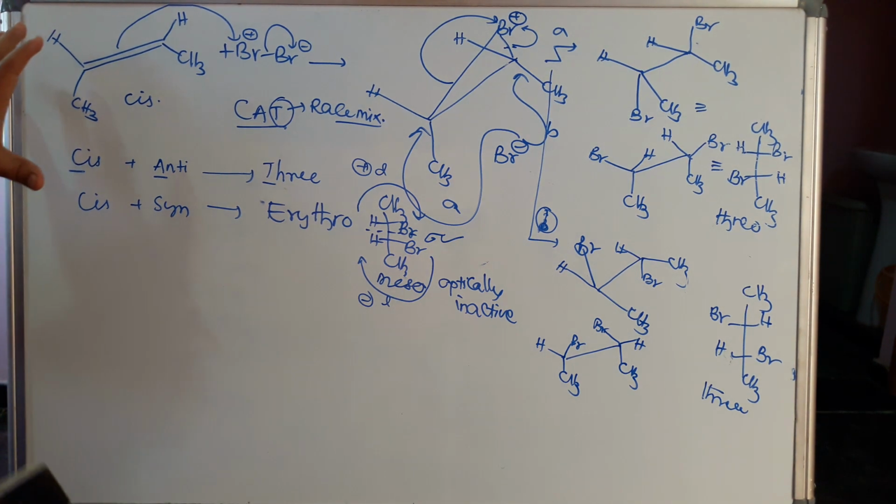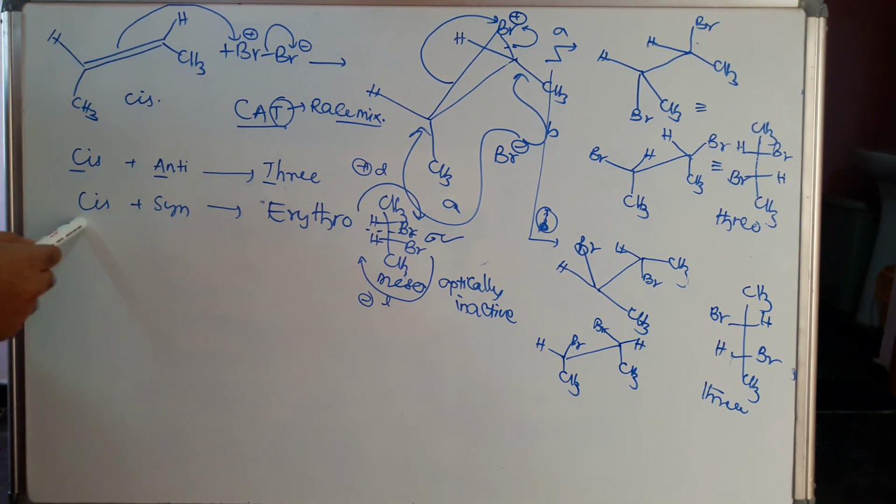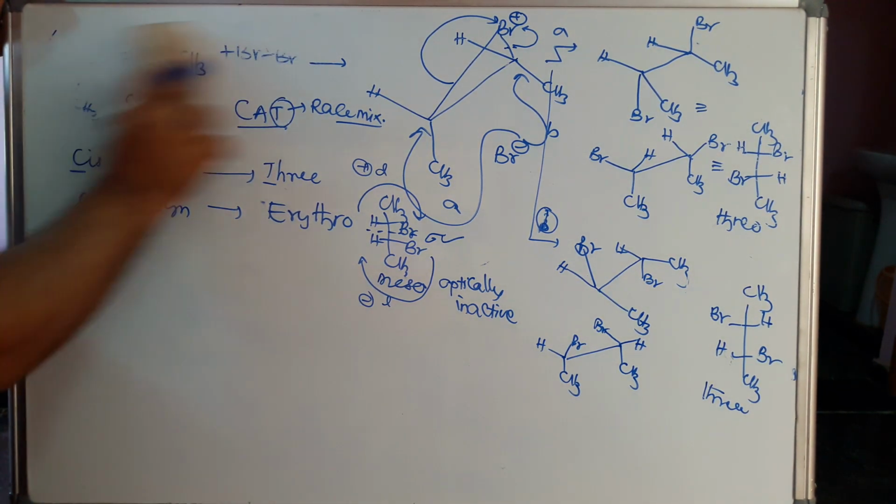So now I have discussed the cis form. If it is the trans form, what will the products be? We will discuss that. You were told about CAT only for remembering purposes, but there is no need to remember it. Always remember the anti-addition for any cis or trans form, because this is the important one. If you remember the anti form gives threo, then the syn addition will give the erythro form. Always concentrate on the anti form only. Remember anti-addition.